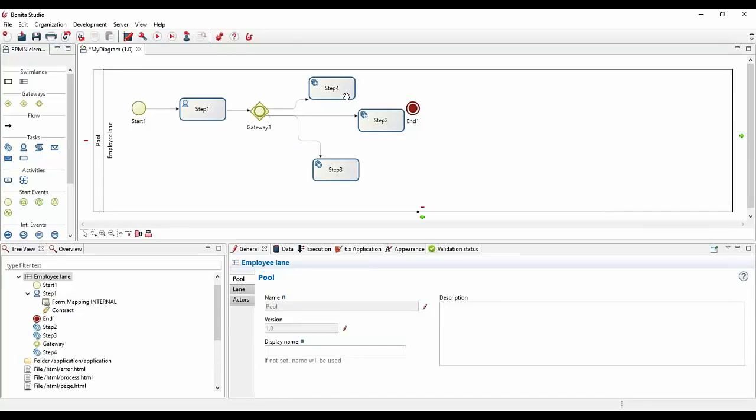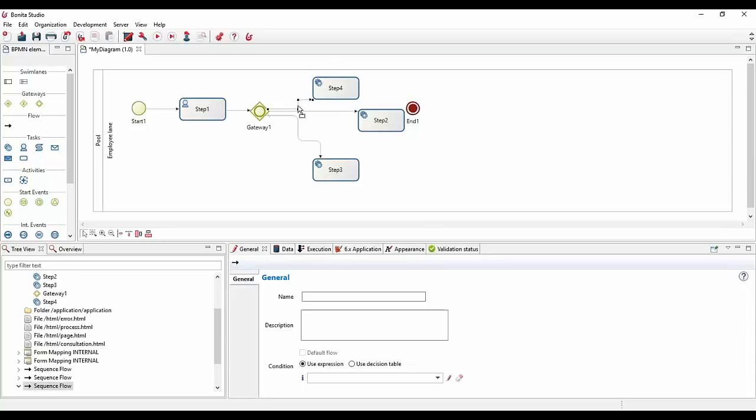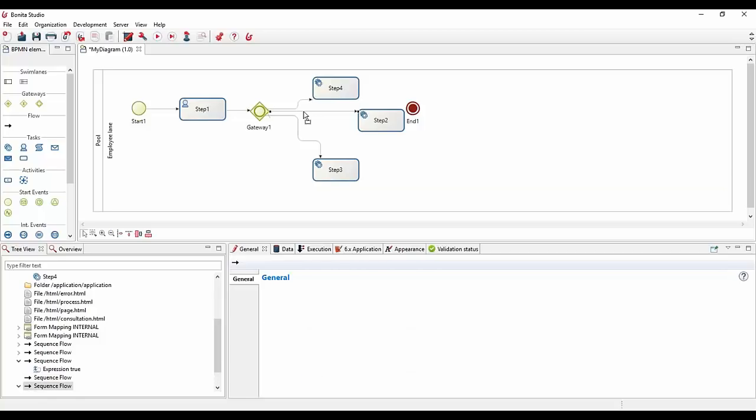And basically the idea is to say, all right, if this one is true, it will be taken. If this one, the second one, is also true, then it will be taken. And this will not be taken because at least one of them has been taken. So the default one is only selected in case none of them evaluates to true. So this one won't be used here because we have two of them already evaluated as true. So that's what we call the inclusive gateway.